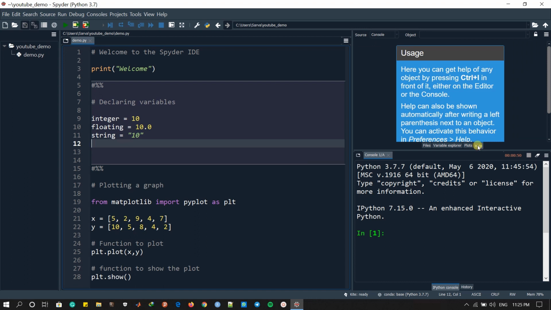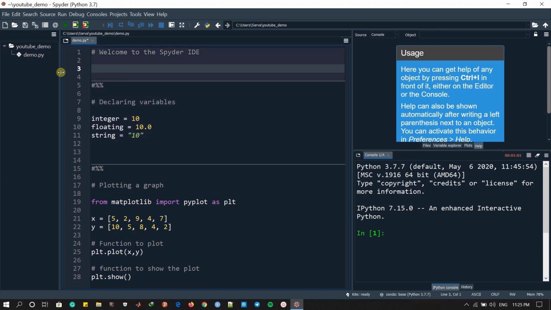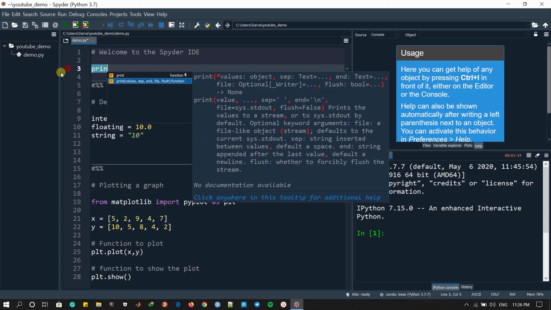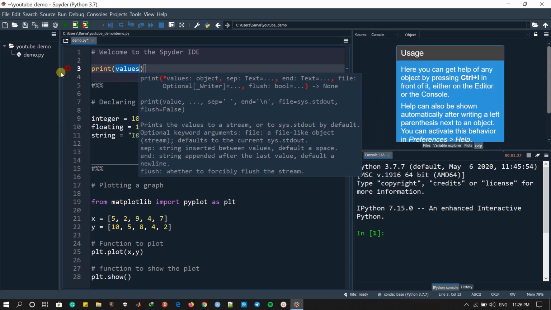I'll just come back to this. And now let's say I want to run a piece of code and I want to run print. As I'm typing this print function, you're already getting suggestions, and this is one of the most important features of Spyder. Let's say I want to click on this one, and this is also giving all the details of this particular function, what arguments need to be passed and all the necessary details. Now let's say I want to print welcome,